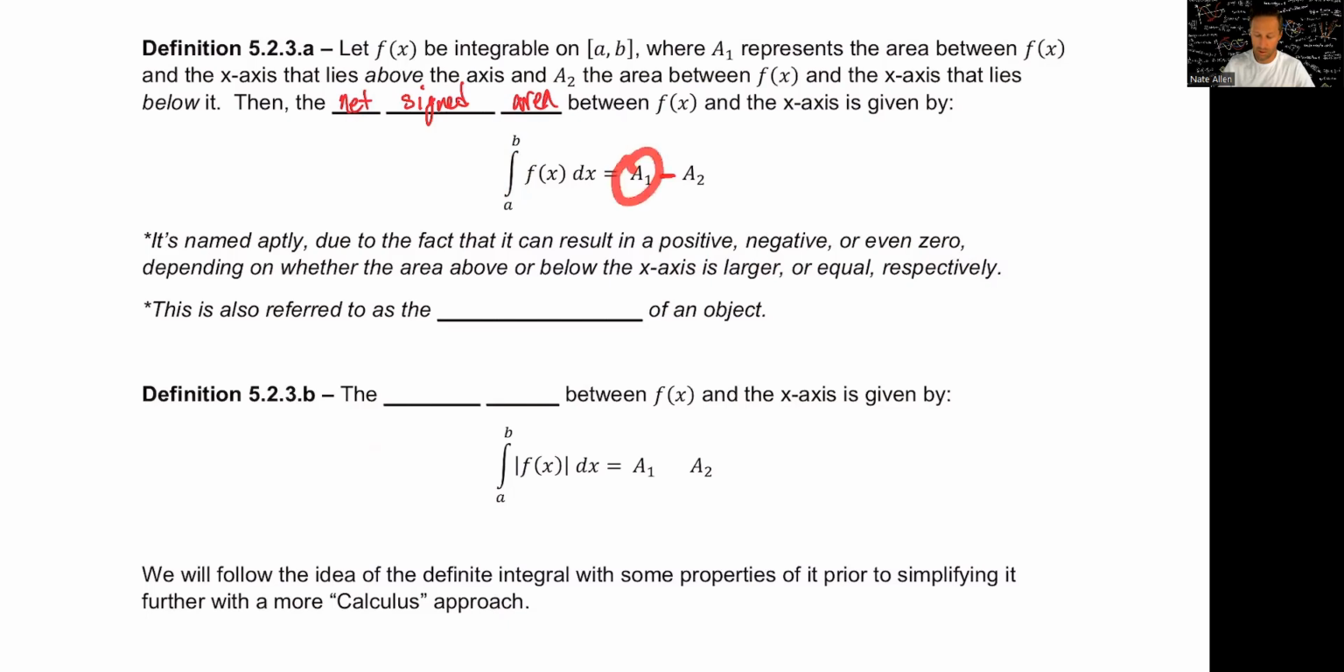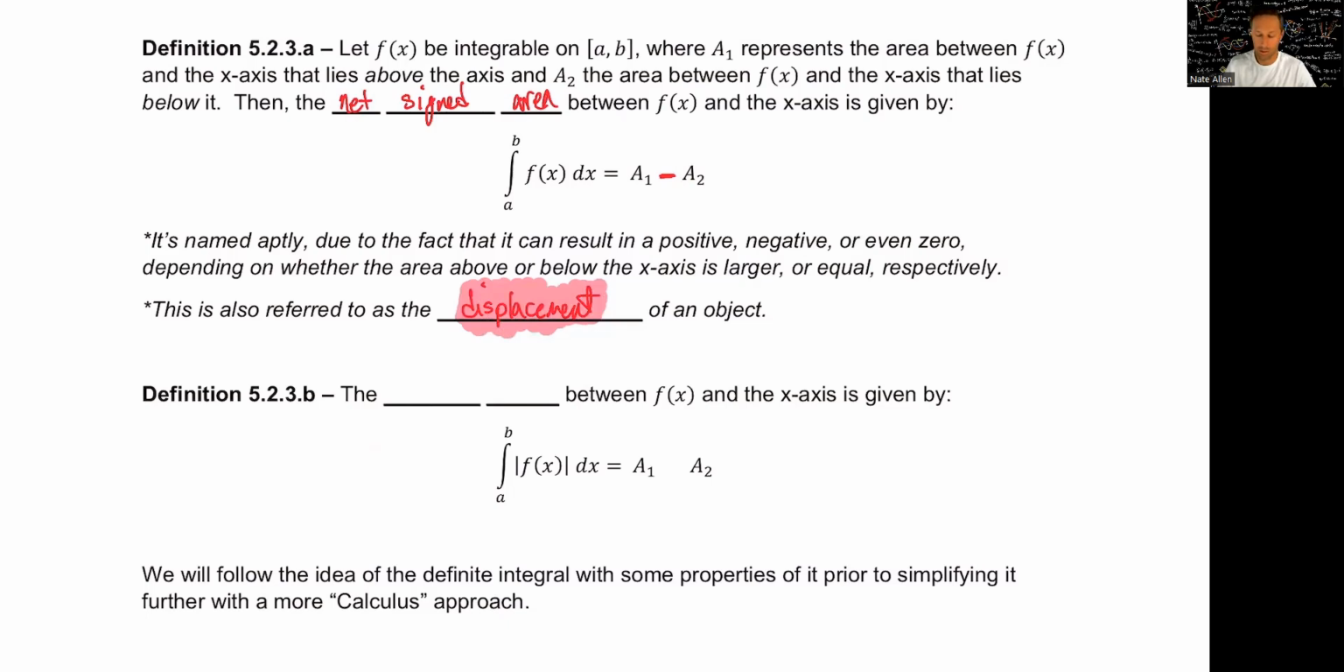But if the culmination of all of this versus all of that, in other words, the positive area versus the negative area, when we combine those, then we will either end up with a positive total area, negative, or even zero if they are the same. So this is also called displacement. And that may not make sense to you yet, but we will make sense of it a little bit later